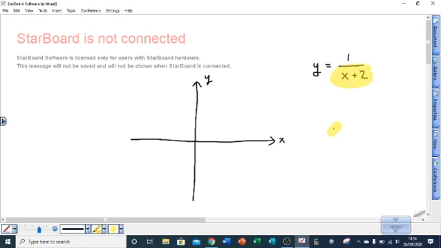So, let me change my colour. If you're trying to see will x plus 2 ever equal 0, and yes it will, because if you take 2 from both sides, when x equals minus 2 you'll get a situation where this is 0, and as I said you can't have 1 divided by 0. So you know there's a vertical asymptote at x equals minus 2, and we signify that with a dotted line like such, going through